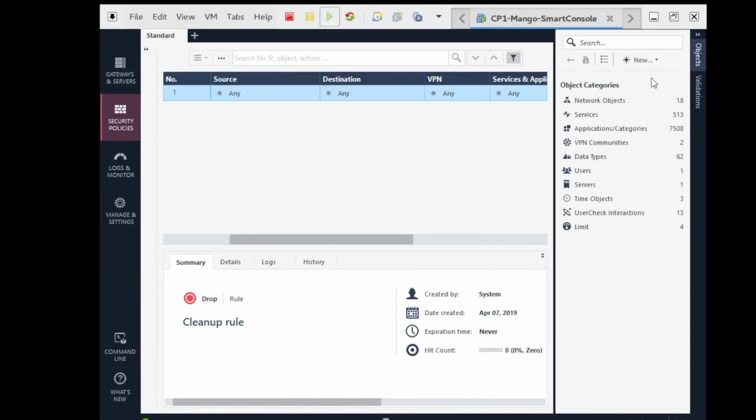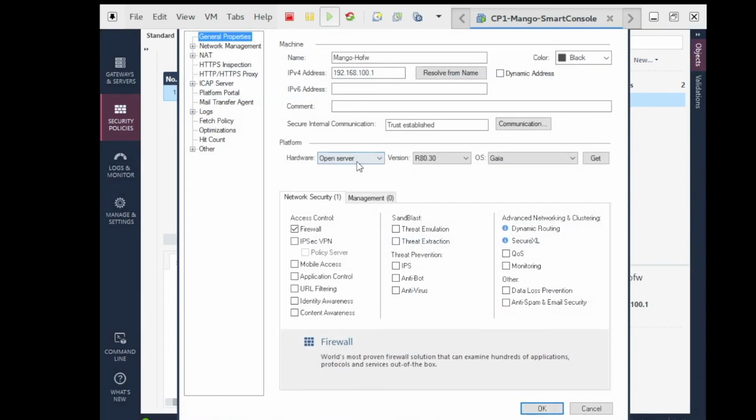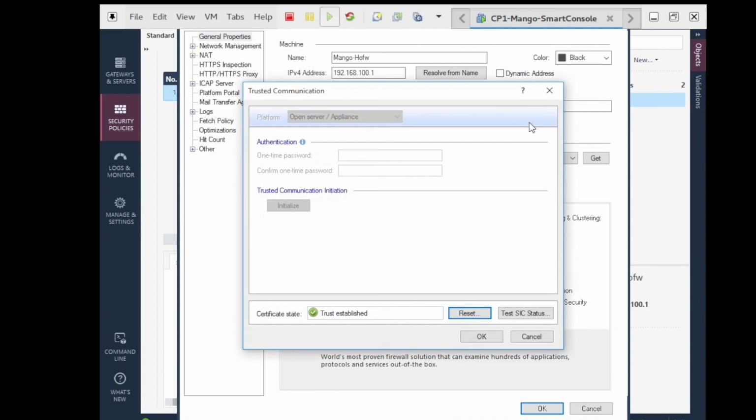I go to objects, network objects, gateways and servers. I choose the HO firewall object and double click on it. It says trust is established. I want to check that SIC is there between the management server and the security gateway. I go to communication. Now I say Test SIC status. I click on it.